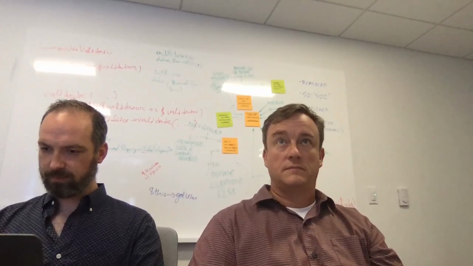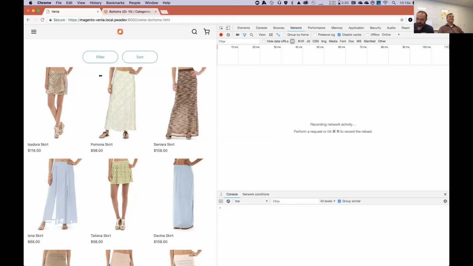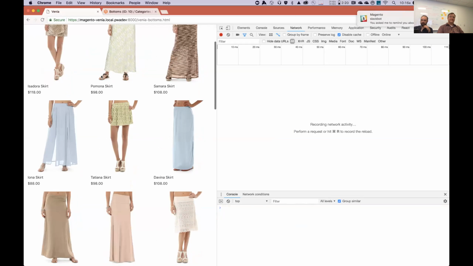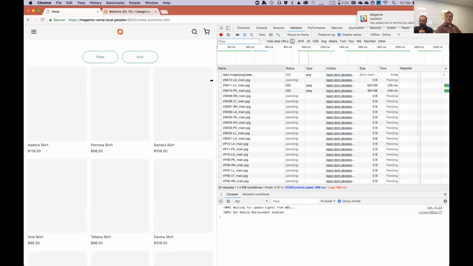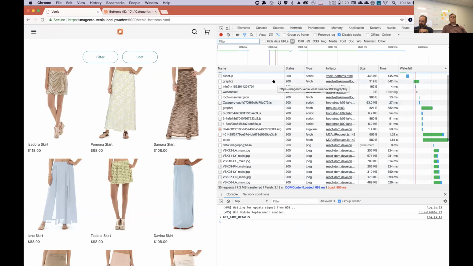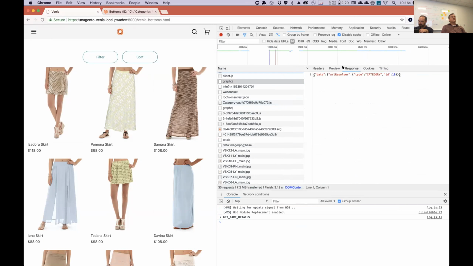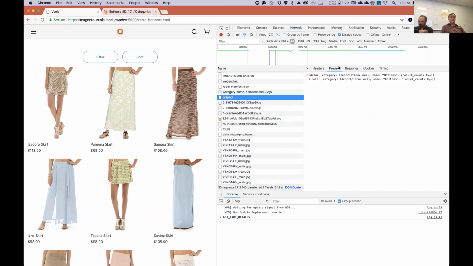And somehow, against all odds, we are actually here on a category page. Thank you for waiting. So this is the Venia Bottoms category page, and you'll notice that it does look at data from the network. When you refresh it, it's pulling a GraphQL query that, first of all, resolves the route, and then when it finds out that it's a category page, it knows to download the category root component and then run a